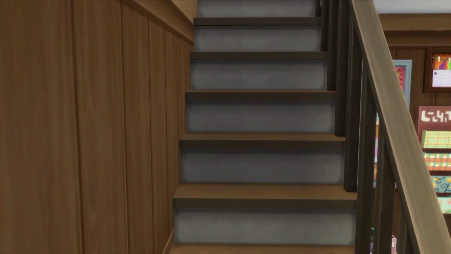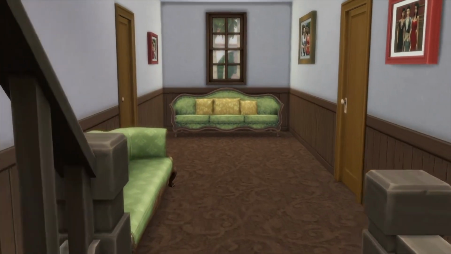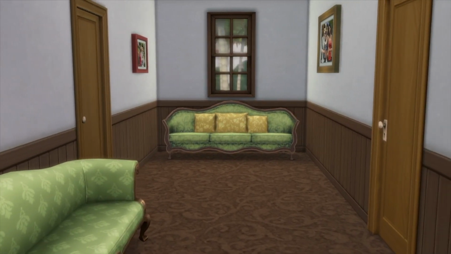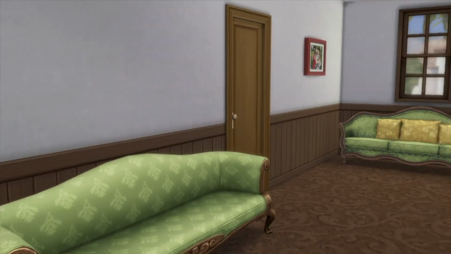We're going to go up the stairs, and here we can see the second floor hallway, and it's kind of plain. I mean, it's a hallway. It's a little bit different. These are the couches that were originally in the master bedroom. But I'm gonna basically go through here and show you...